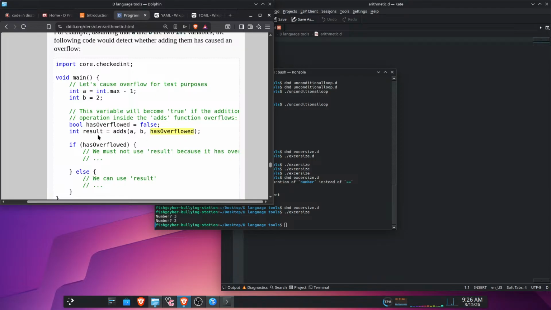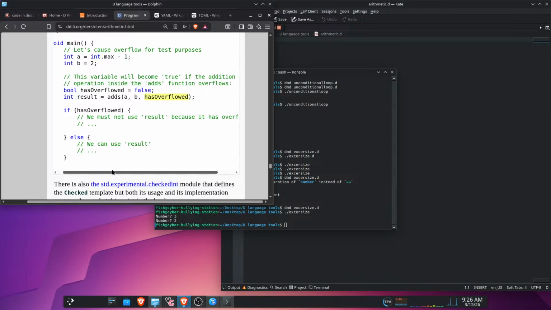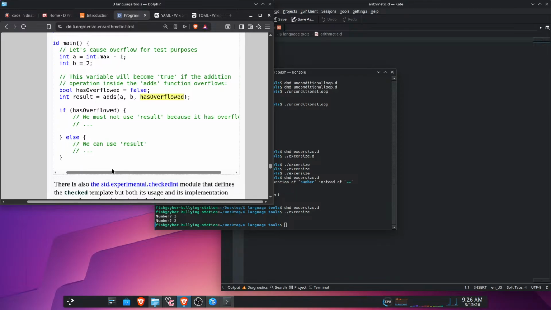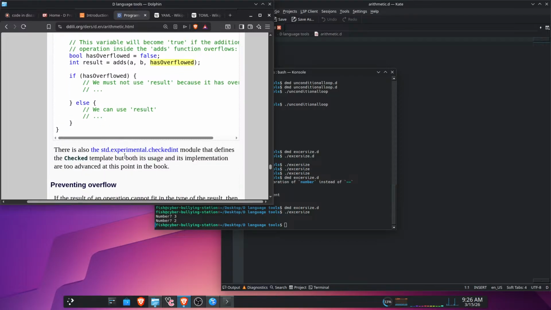So add signed would write it to the statement has overflowed, and if it has overflowed, then it will put it into the result. We must not use result because it has overflowed. We can use result. I don't know what the point of that is, but there's also the standard experimental checked int module, which defines the checked template, but both its usage and